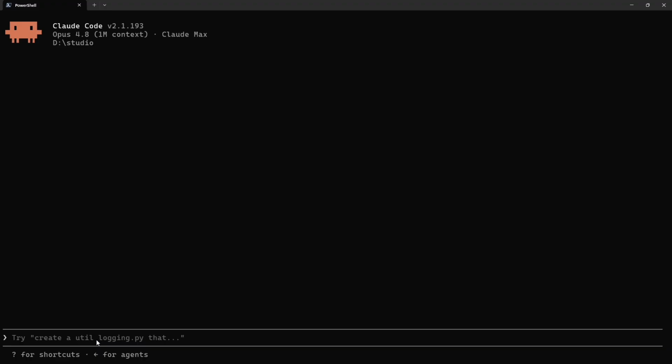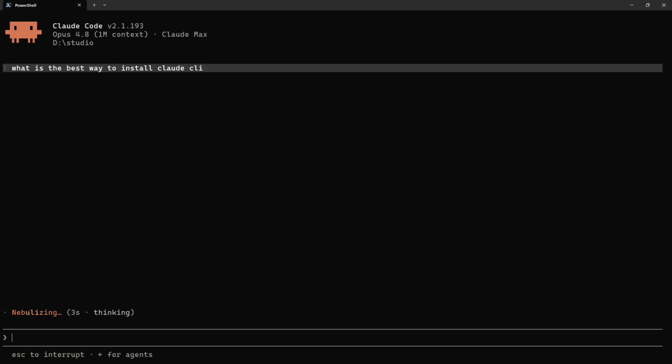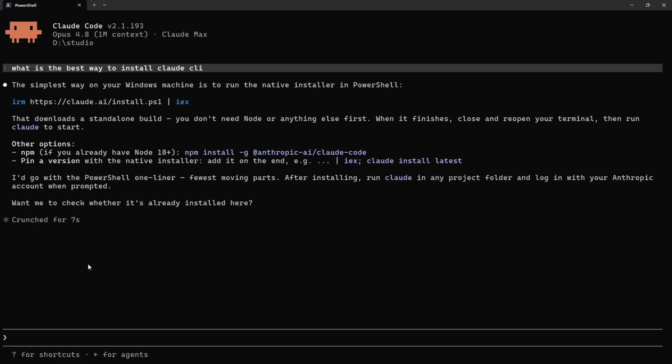So we're going to ask Claude, what is the best way to install Claude CLI? And this is exactly what I ended up doing. I did it the hard way kind of first. I downloaded Claude.ai because it seemed so hard to download Claude CLI based on what I saw on the web. But this is it. This one line that I'm going to copy and I'll post in the description is all